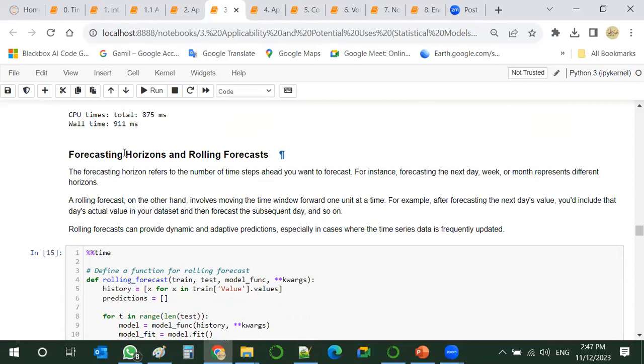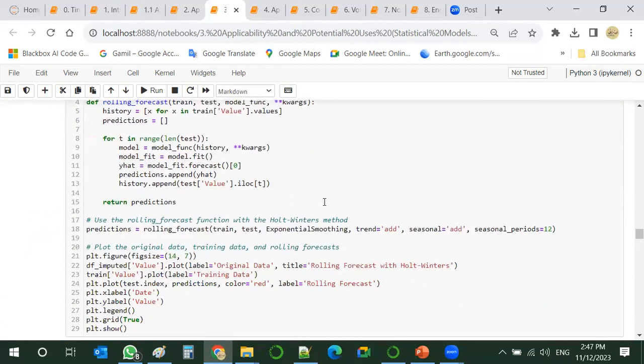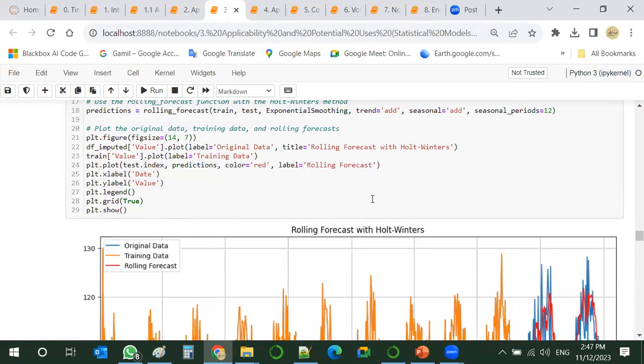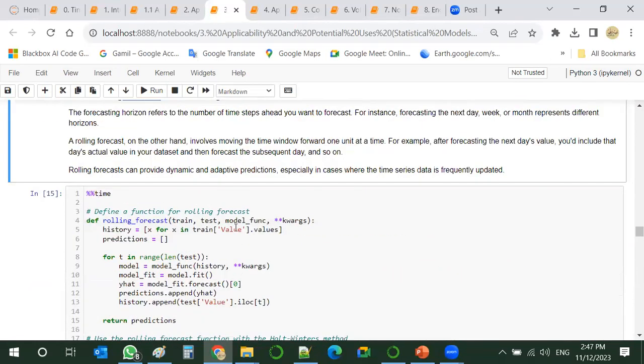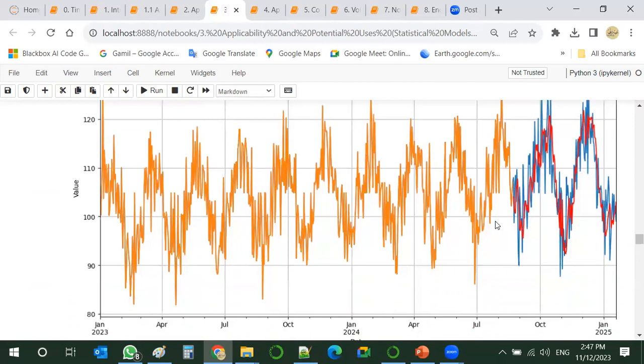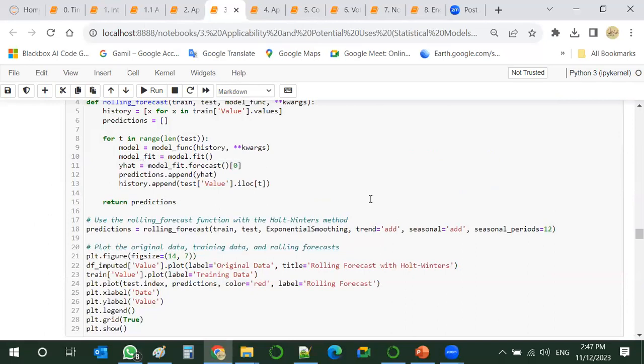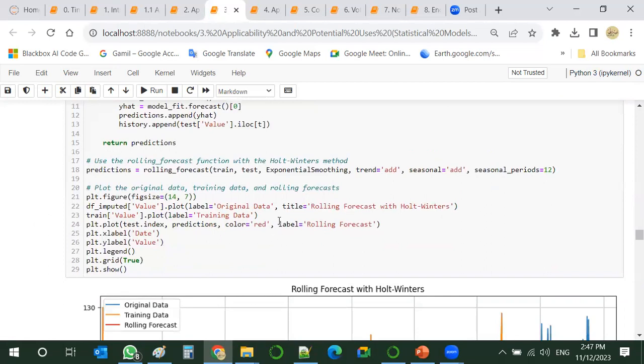So one more concept is forecasting horizon, and simply forecasting horizon is, if we have this one over here with exponential smoothing, we can see this model now with better fit, and the horizon is just how far we would like to go in the future.